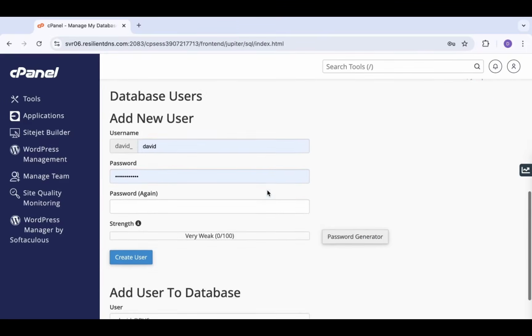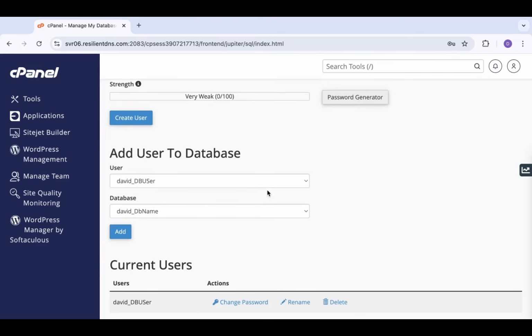If you scroll down to the bottom, you see add user to a database. Now as you can see, the form inputs for user and database have been pre-filled because we have the DB user and the DB name. If you have multiple databases already created, you just use this to select the right database and the user that you want to associate with one another. Okay, so that's how we add a database to the user. It says add user to database. Once this is done, go ahead and click on add,